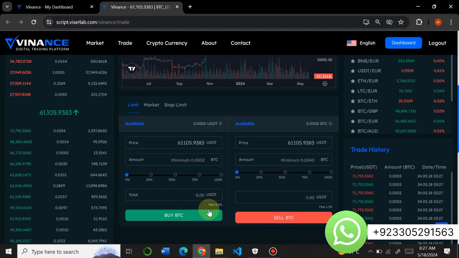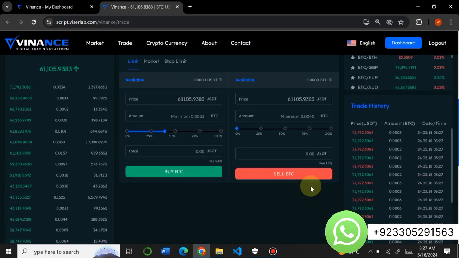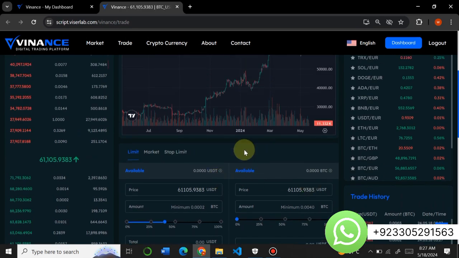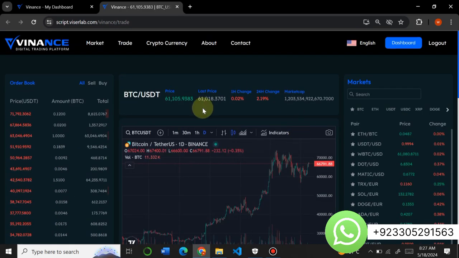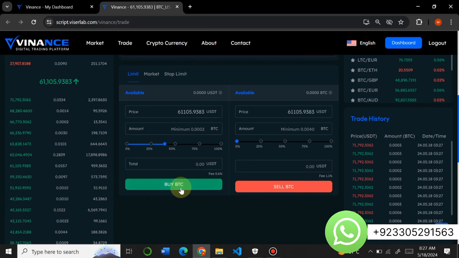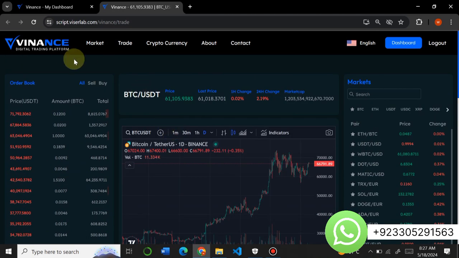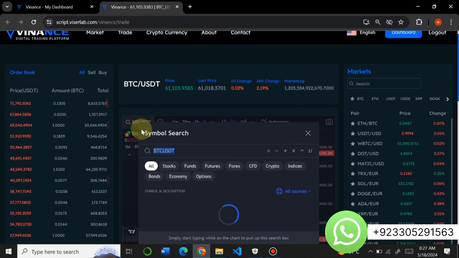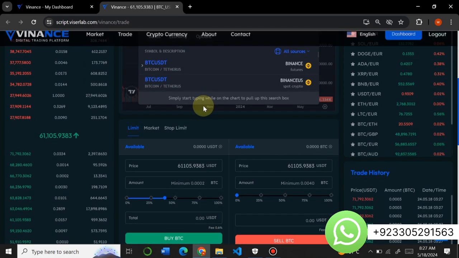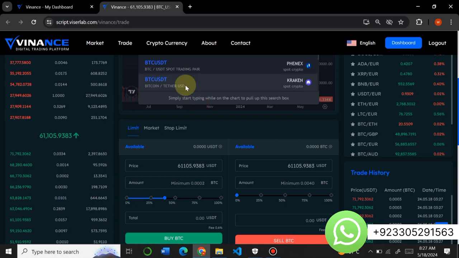So you can buy BTC or any cryptocurrency you want to buy from here. You can buy it and you can sell it. It's completely similar to Vinance. So you can trade, buy and sell your cryptocurrencies on this website from here. It's completely simple, you can buy and sell it. If you want to change the cryptocurrency, you can easily change it from here. This is the complete trading view graph, from where you can change cryptocurrencies and buy and sell different